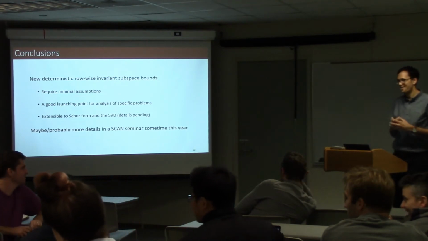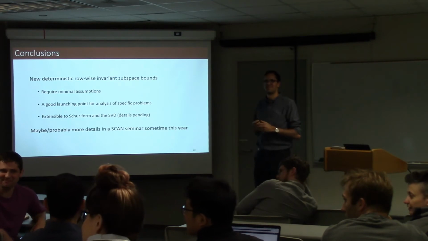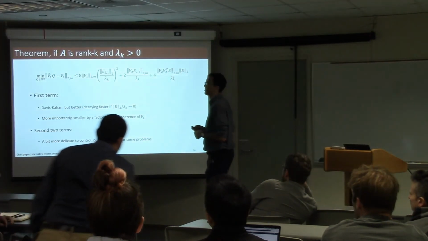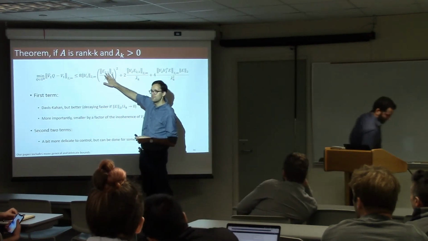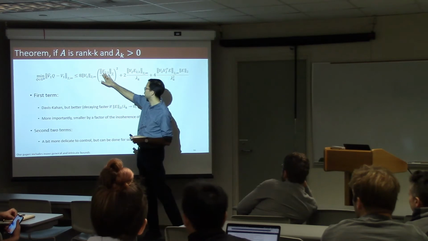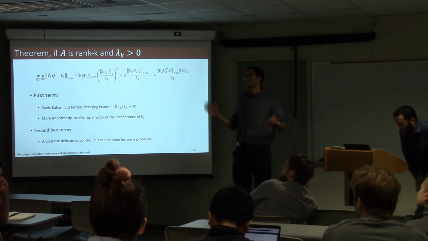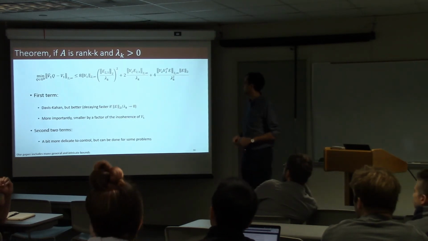Questions? We'll take one question. On slide 16, you've got this term E21. What is that? Oh, I'm sorry, yeah. This is the projection of E onto V2 and V1. So this is V2 transpose E V1. Sorry, these slides come from a slightly longer talk, and one or two pieces of notation got lost. My apologies.